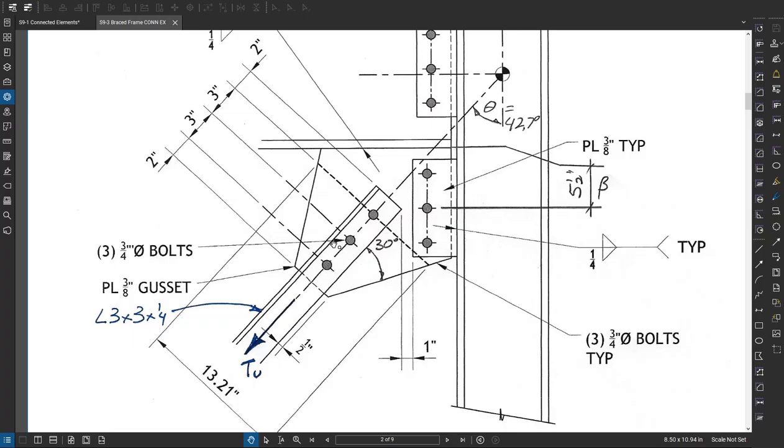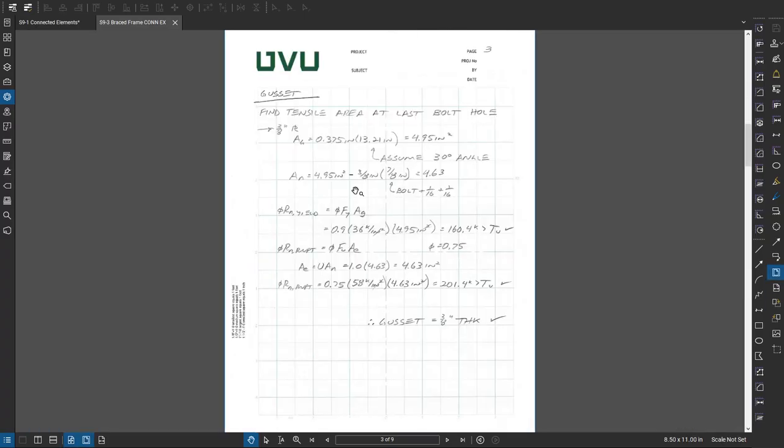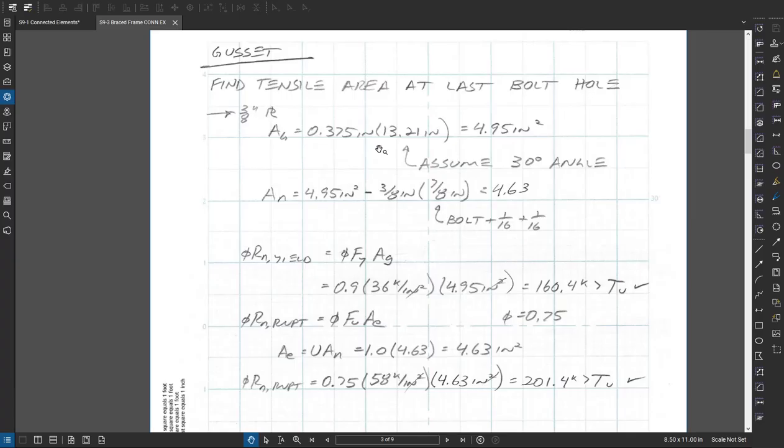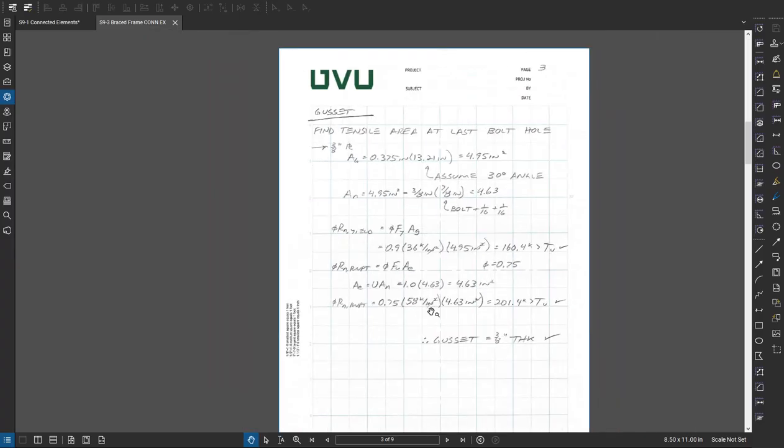So that's where I use that 30, pull the dimension in CAD, 13.2, multiply that by the thickness of the material. I get close to 5 square inches,